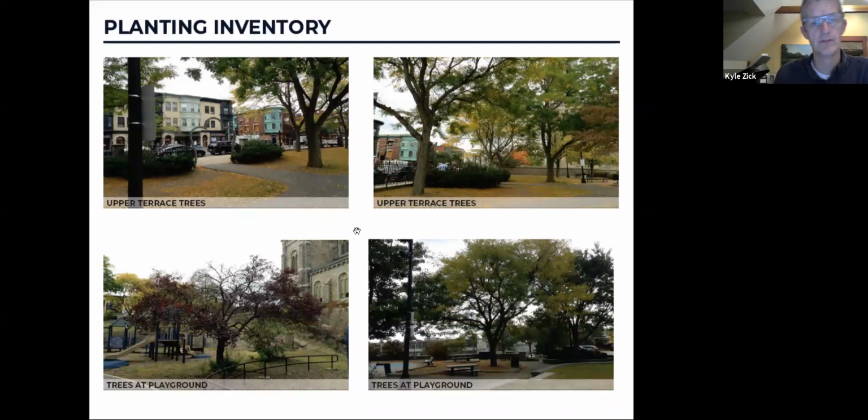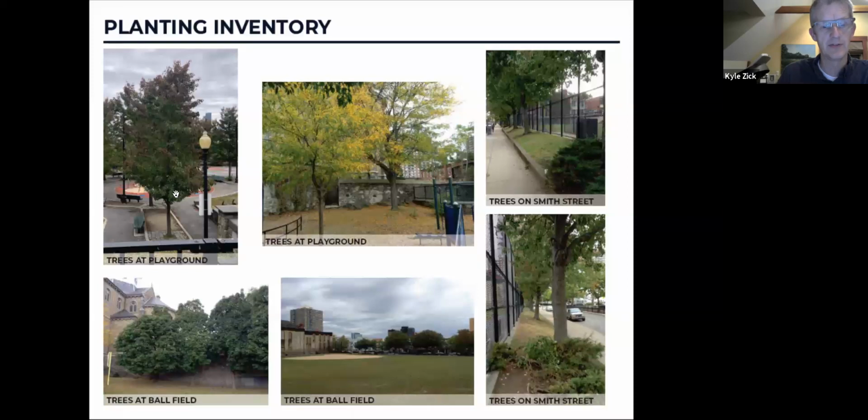And here are a few photos of those trees organized by area. This is up by Tremont Street. Nice shade trees that kind of populate that space. We start to shift down to the playground. There's this purple leaf plum that has seen better days. There's flowering pears that surround that circular space. And then there's some Norway maples up against the wall of the church on the ball field. They haven't been pruned as often as the other trees, likely because of access challenges. And then there's red maples along Smith Street between the field and the raised curb along the back of sidewalk.